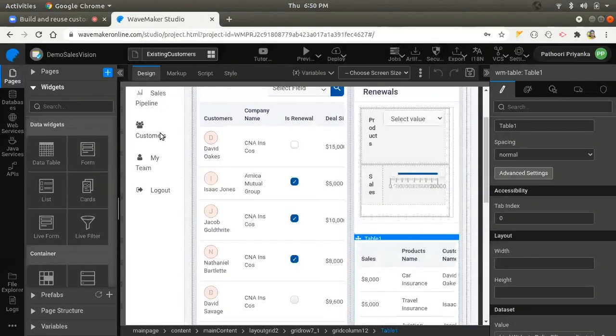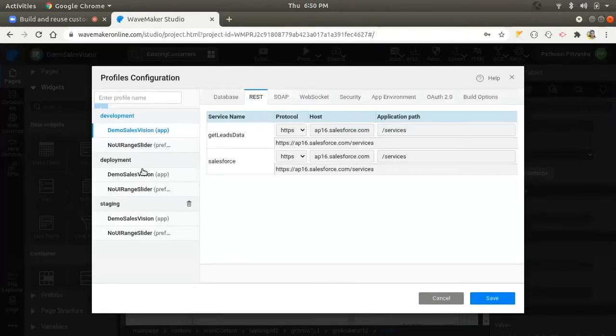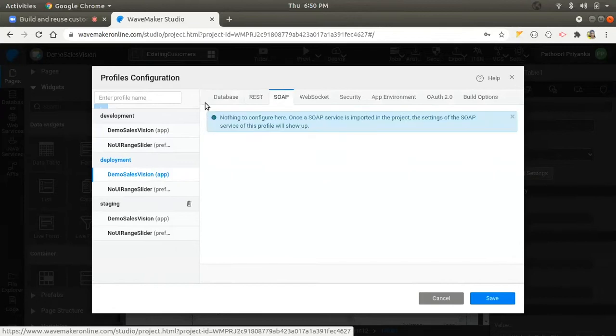As Wavemaker application is a standard Maven compliant project, we can have separate profiles for each environment. Normally for an app release cycle, there will be multiple environments like dev, staging, QA, etc. before it is actually deployed to production. So this is where you can create profiles for each environment and configure services for that profile as well. As you can see, these are the different types of services you can configure.